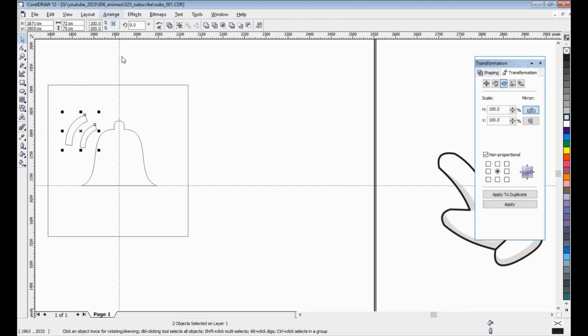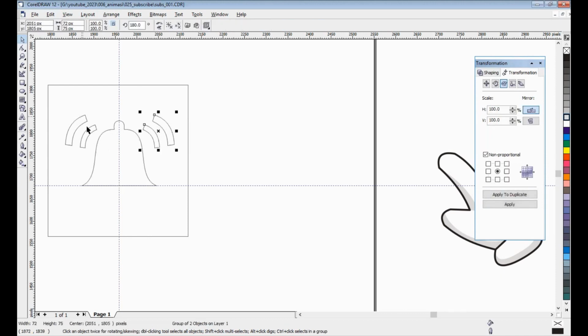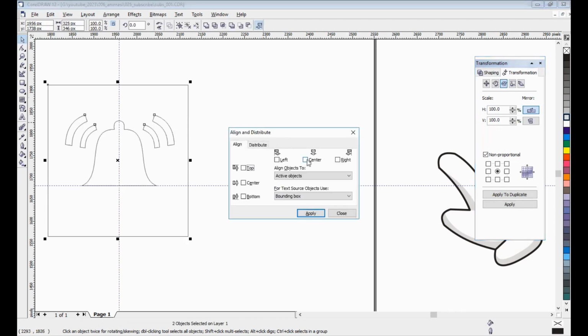And I want to make this a group. Control C, Control V, and here maybe mirror, apply like this. If we are not sure it's the center, we can make a group, and then check Align and Distribute and choose the center like this.